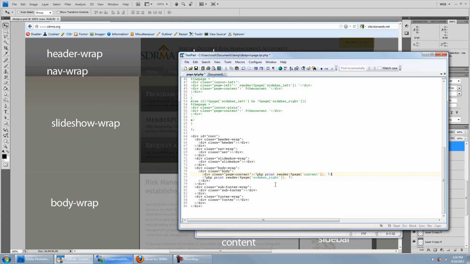So that's part of that div. And then I want this sidebar to be called page right. So I know now this part is going to be my sidebar, page right. Page content is going to be the content part, and it's inside the body